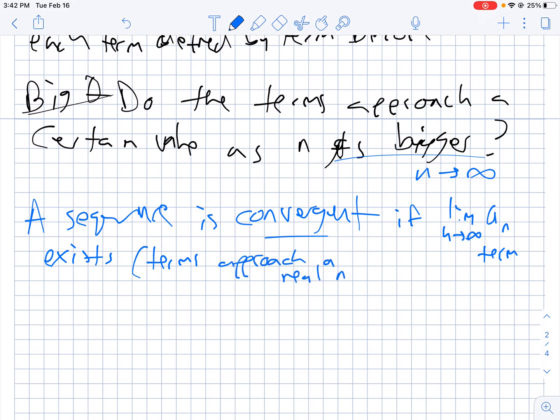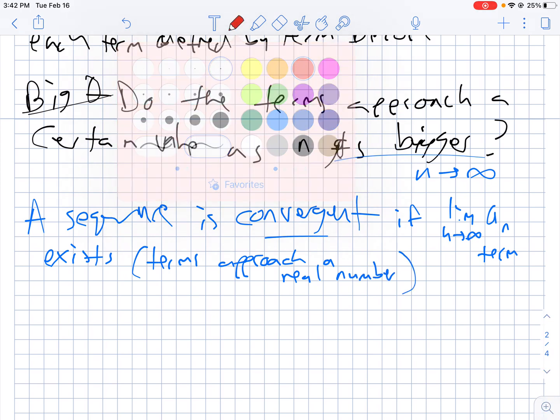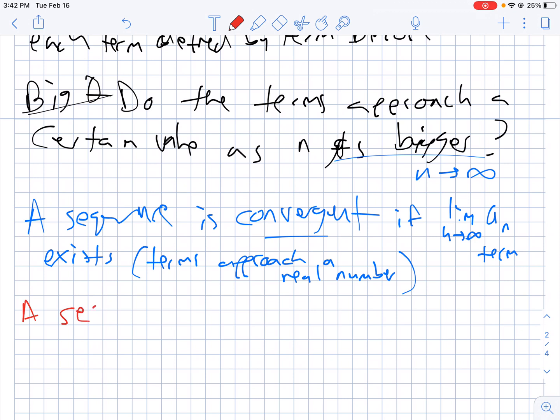So as n goes to infinity, the terms approach a real number, and that's convergent. Now on the other side, we will say a sequence is divergent, or the sequence diverges,